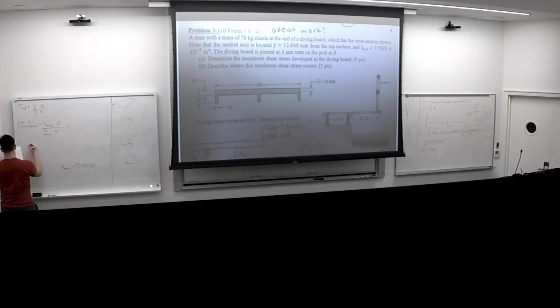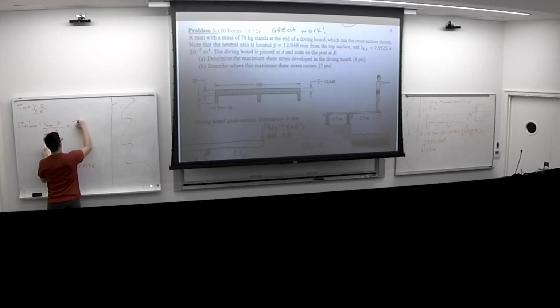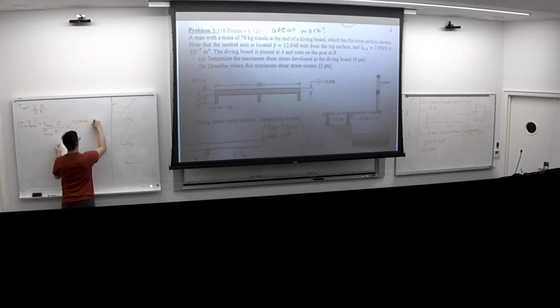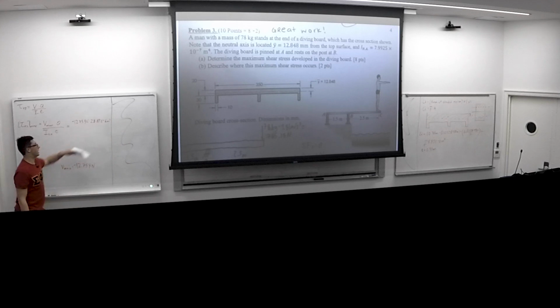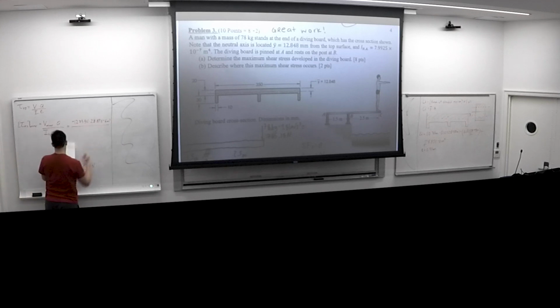And thickness. So again, I said before, it didn't matter that it's a negative, but we still need to keep the negative with it. So negative 1275.3 newtons times the Q, 28.89 times 10 to the negative 6 meters cubed, divided by 7.9925 times 10 to the negative 7 meters to the fourth times